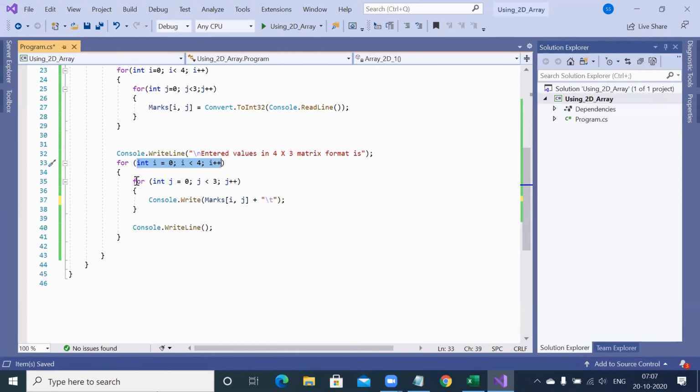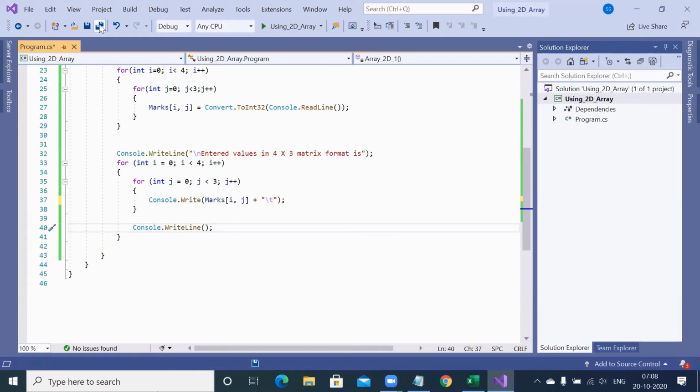Then for 1, again it will come inside the loop: first value, second value, third value. The moment the first, second, third of the second row have been displayed, it will come down and break the line. So simply console.write line without mentioning anything in the bracket can be used for breaking the line from first to second, second to third, third to fourth, etc.